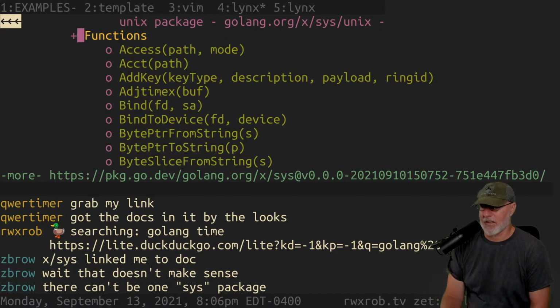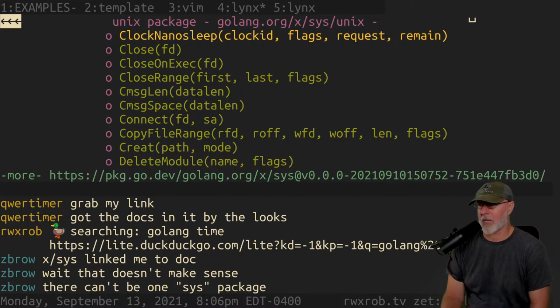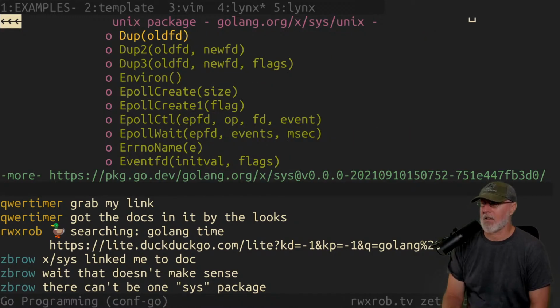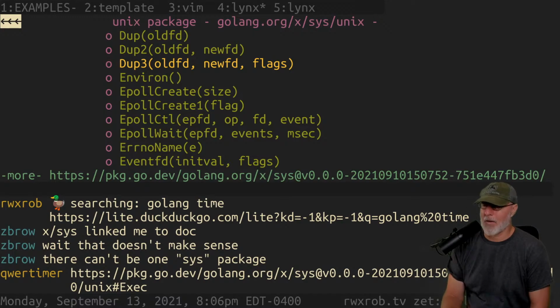So there's an os.exec and there's a sys.exec or a unix.exec or whatever it is. There definitely is. So this is Chmod and Chown and all that stuff. Yeah, this is the one we're looking at. I think they move stuff around. I don't remember it being Unix like that. But it feels to me like environ, Unix exec. Yeah, it is Unix.exec, right? All right. Well, I want to say that that's changed. I don't believe that from before.